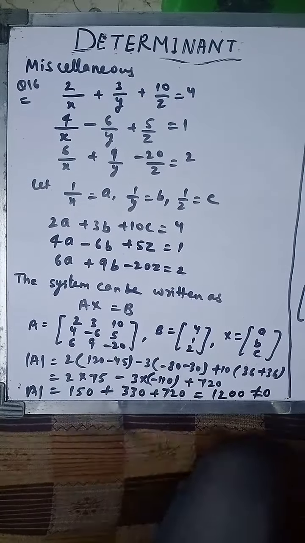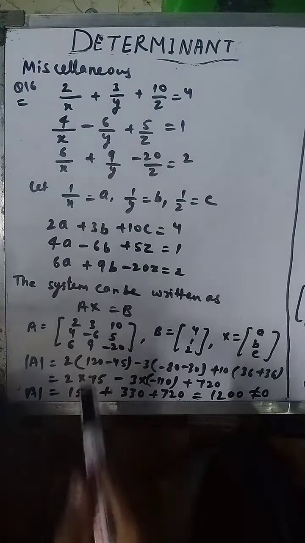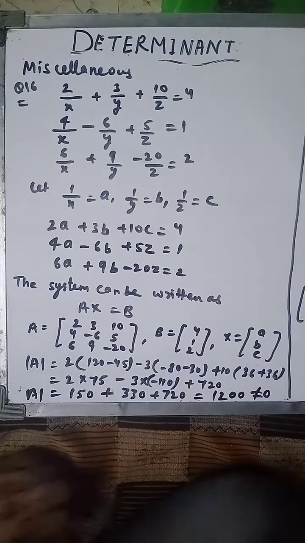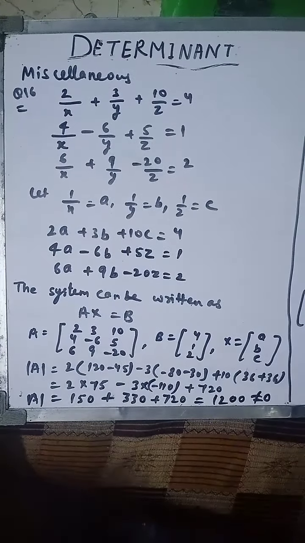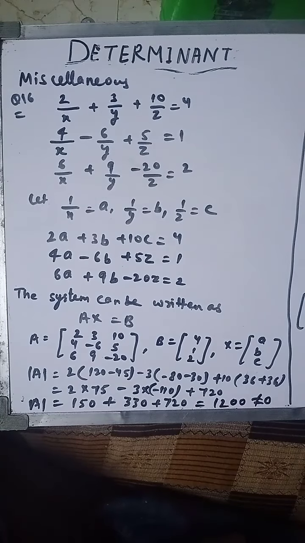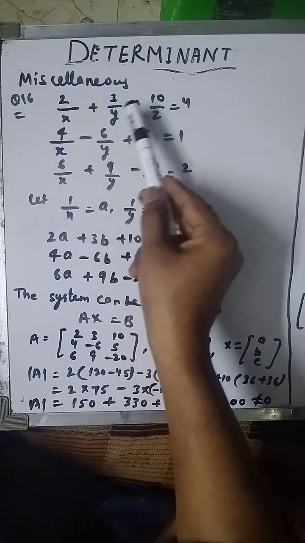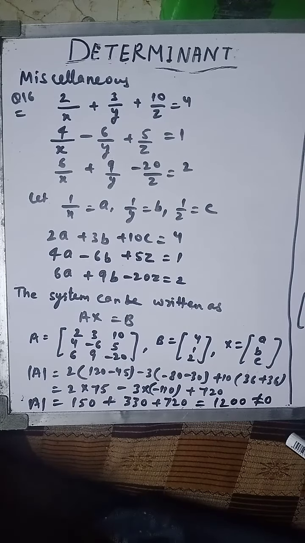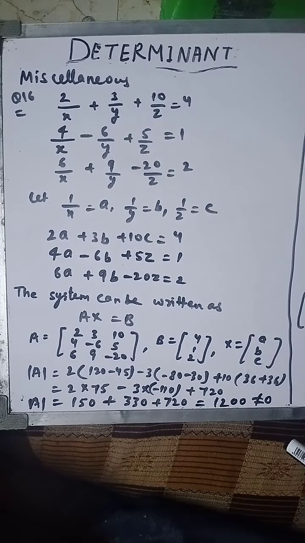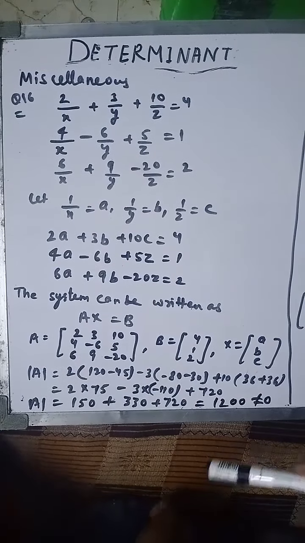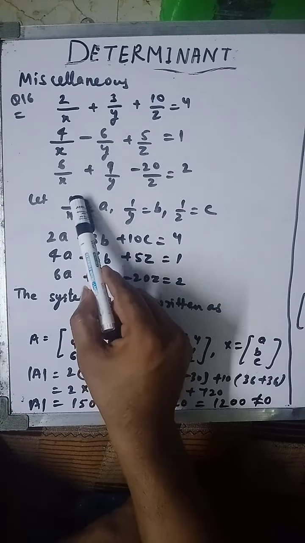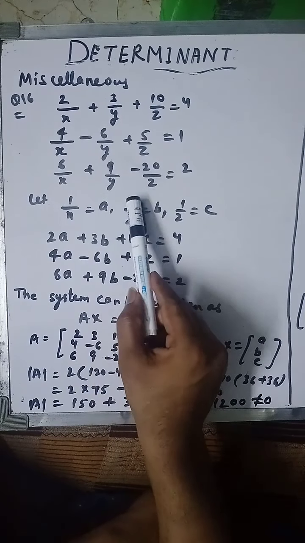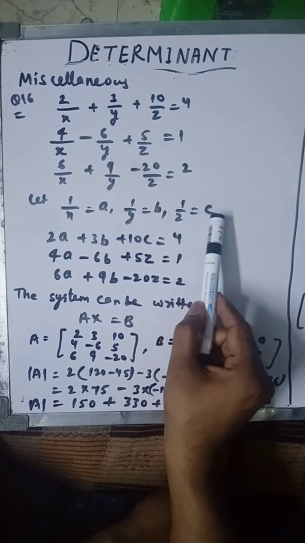Now this is your question number 16 of the miscellaneous exercise. Okay. So here the 3 equations are given to you. Fine. And we have to find out the values of the variables X, Y, Z using the matrix method. So as we can see, the variables are coming in reciprocal form, that is 1 by X, 1 by Y and 1 by Z. So this is a big confusion. To eliminate this confusion, I am just assuming that 1 upon X is equal to a, 1 upon Y is equal to b, and 1 upon Z is equal to c.